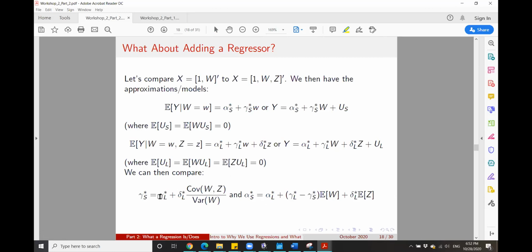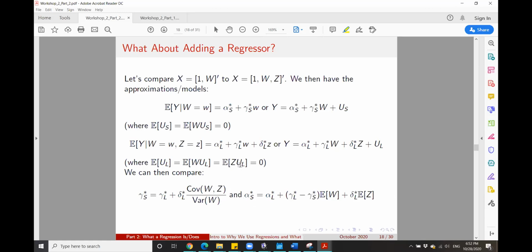By the way, if you're wondering what the formula is for gamma star L, you can find that. I believe it's essentially the same as gamma star S, in that it's the covariance over the variance, but there's another 1 minus the correlation of the two variables underneath, but that's not really relevant. Anyway, so the point is,